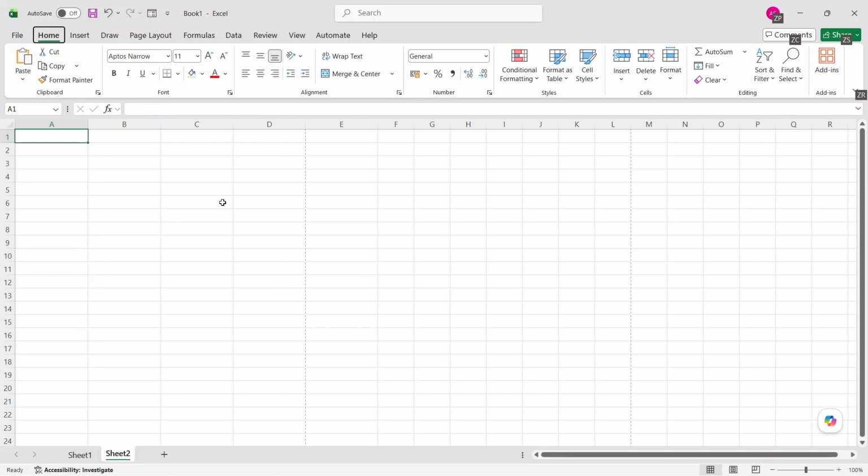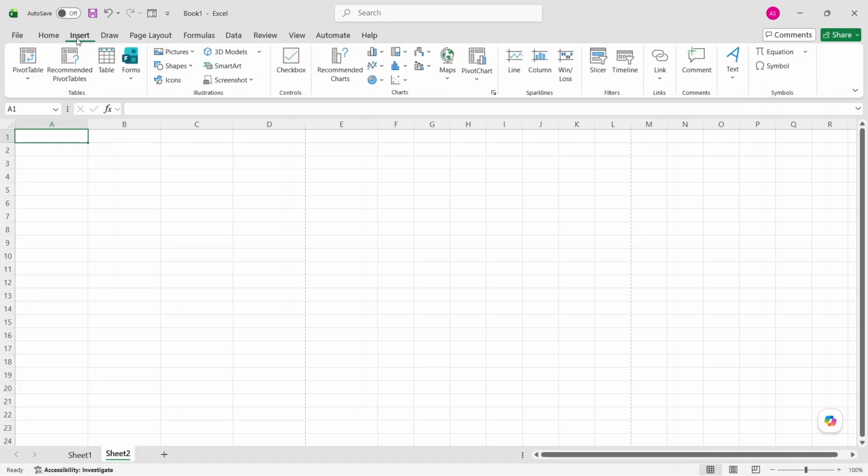In today's video, I'm going to teach you how to insert picture grid layout in Excel. Start by opening the Excel workbook where you want to add the picture grid layout. This can be an existing file you're already working on or a new workbook if you're setting up something from scratch. Once your workbook is open, look at the ribbon at the top of the screen and click the Insert